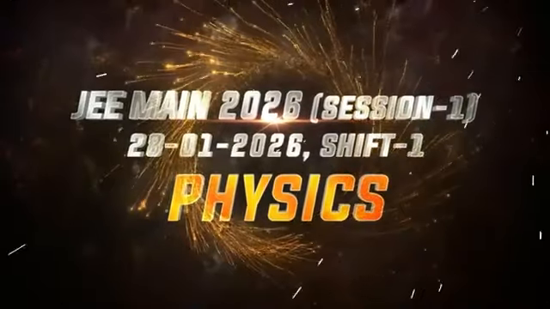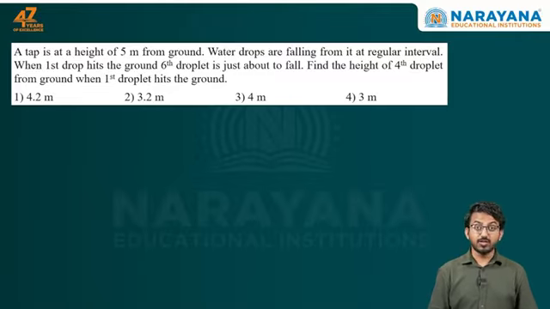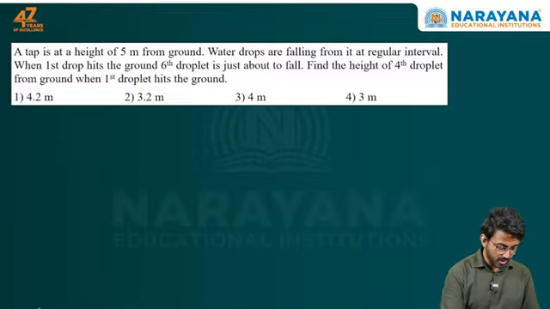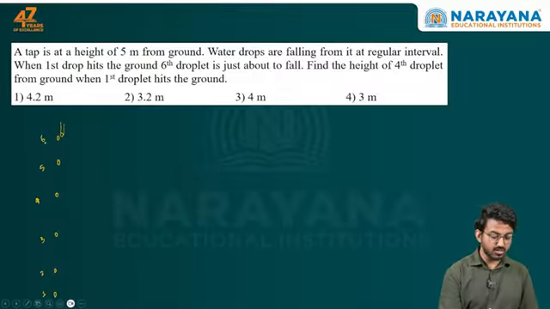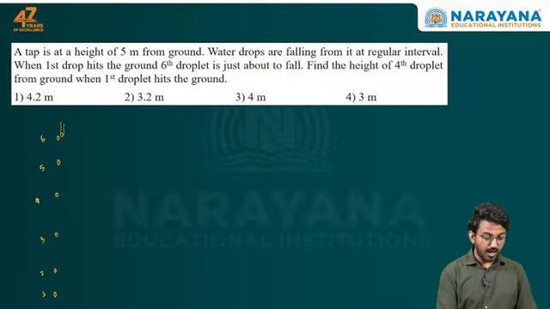Let's move to physics. Hello everyone. So these are a few more questions from today's shift. The first question is based on gravity and water droplets falling from a tap. So imagine here that we have a certain tap and water droplets are coming from it. And they are suggesting that one drop is just about to fall, and apart from them 5 more drops have fallen till now. 1, 2, 3, 4, 5 and 6 is just about to fall here,